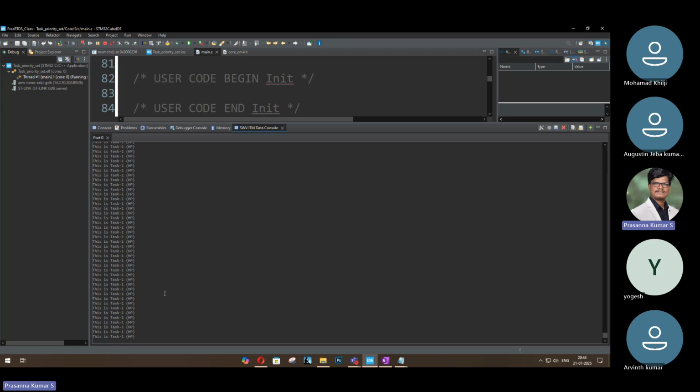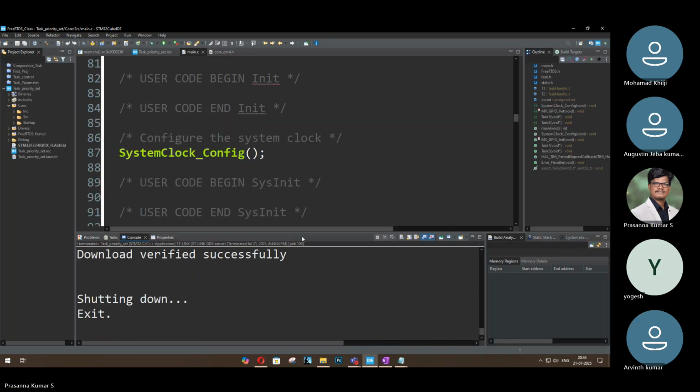Okay, since it has the highest priority and we didn't give any functions for switching, like suspend or vTaskDelay, we didn't give anything. So this high priority task will keep on executing. Okay, now what I will do, I'm just going to terminate the session. Here